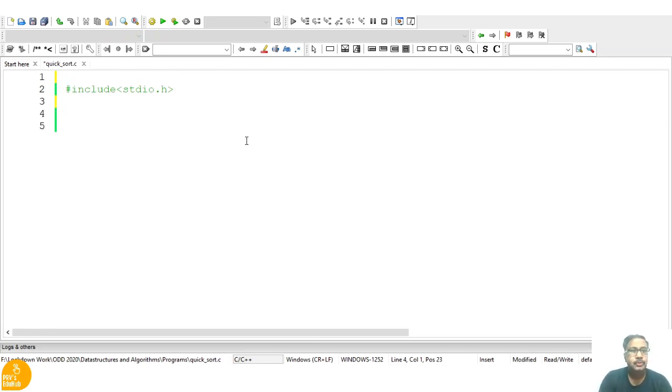So here we need to write functions. What are the different functions that are required? One is a quicksort function, void quicksort, which takes an array and low and high values. Next, we need a swap.